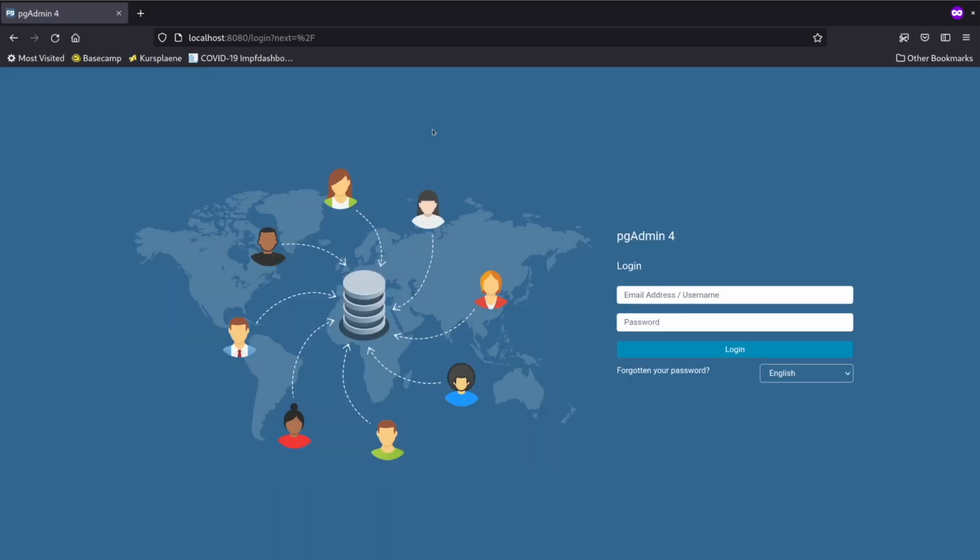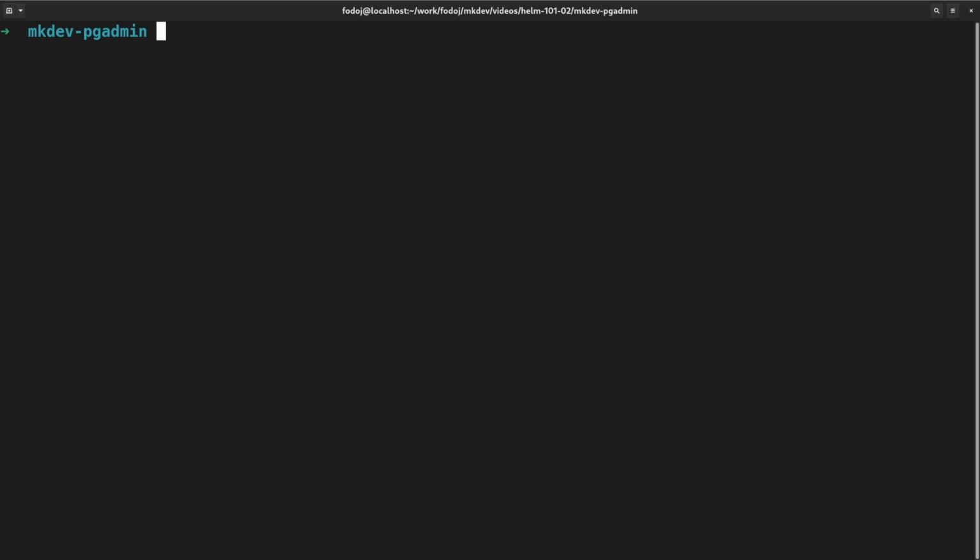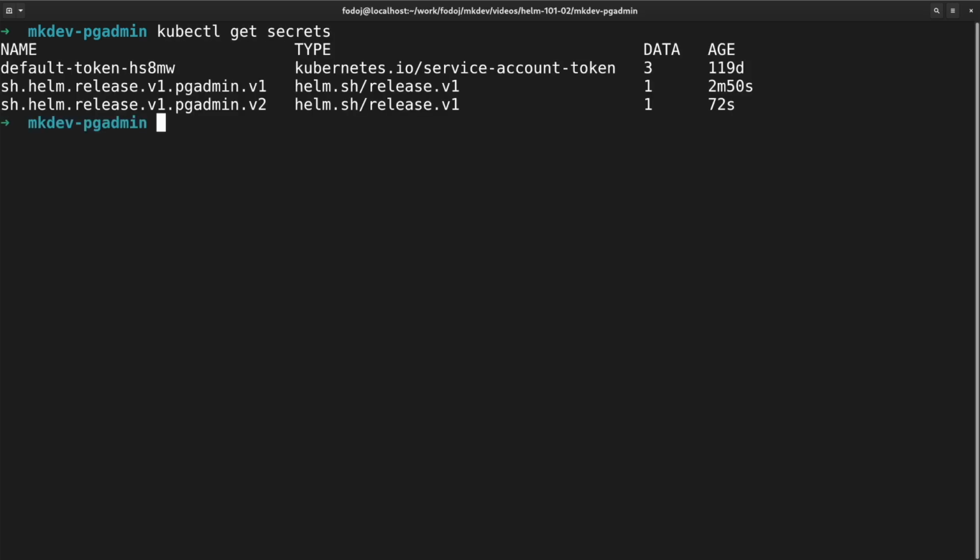This is looking good. Two more things about Helm releases that you should know. First, the way Helm tracks releases is by using Kubernetes secrets. If you run kubectl get secrets, we will see two secrets with the type helm.sh/release.v1. There is no other database or custom resources that Helm needs to operate, only those special secrets for release tracking.